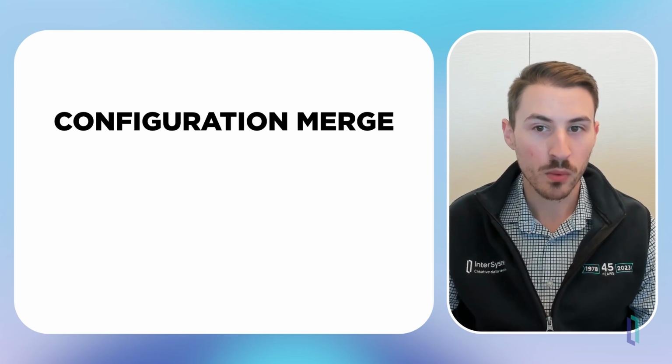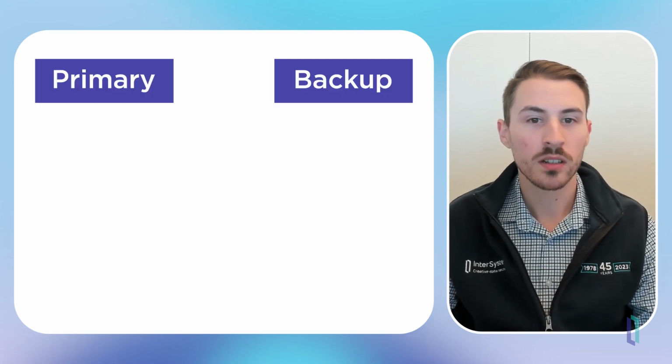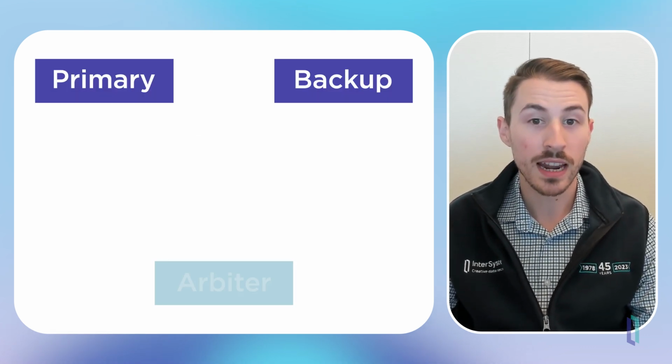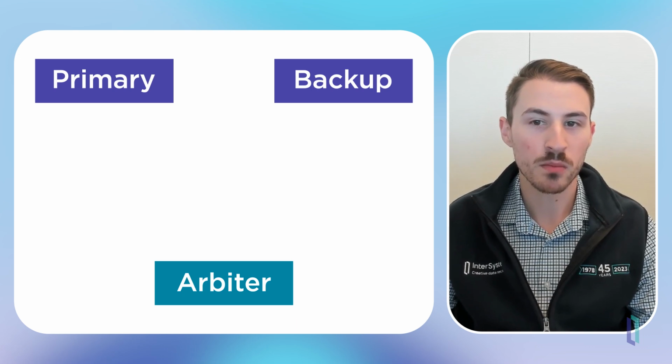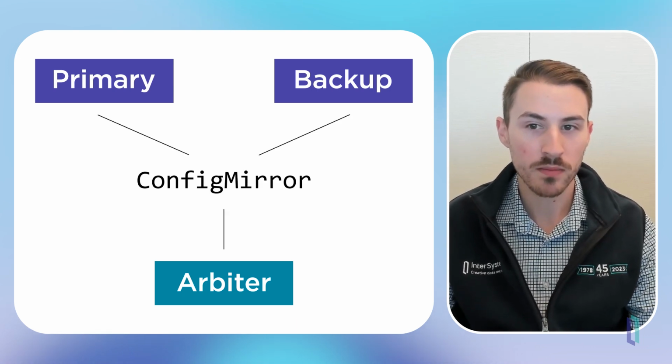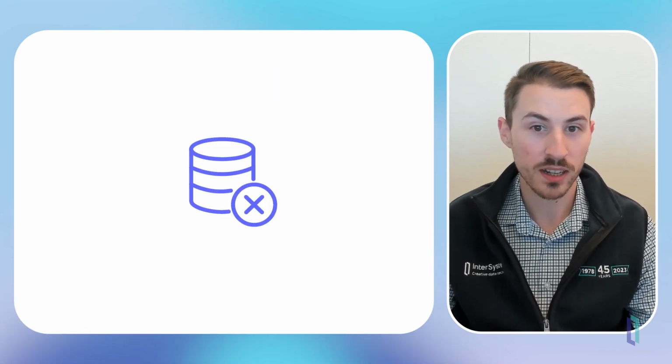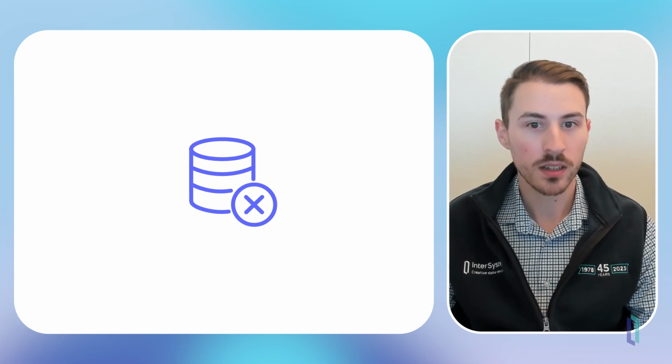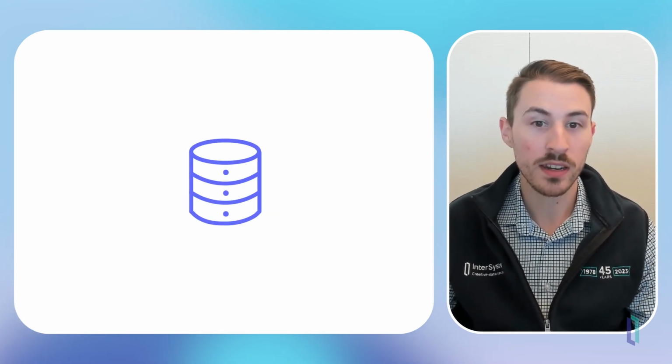In this video, we will set up a mirror configuration between two IRIS instances and an arbiter using the configuration merge action config mirror, where we'll use separate merge files on each machine, and we will consider two main cases. The first is that we have just installed IRIS and therefore do not have any data. And then the opposite case, where we already have data stored in IRIS and now need to set up mirroring